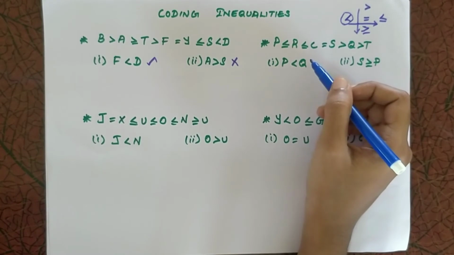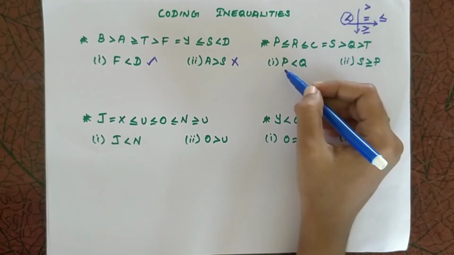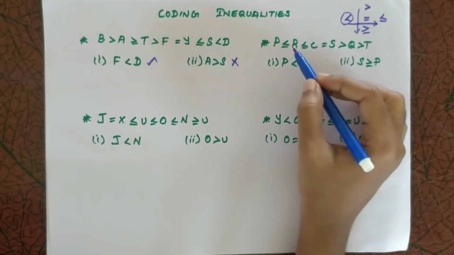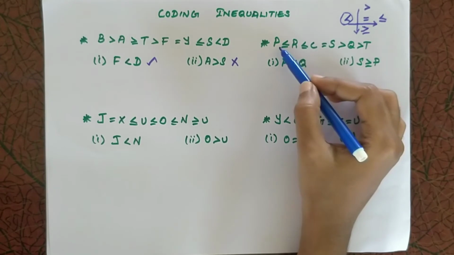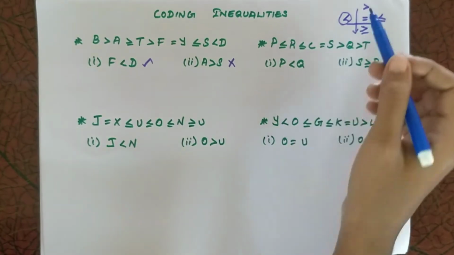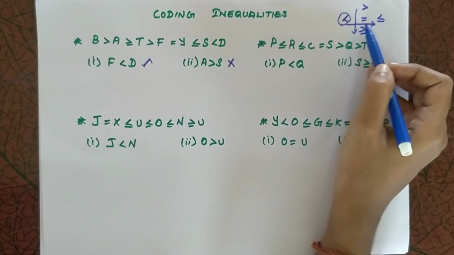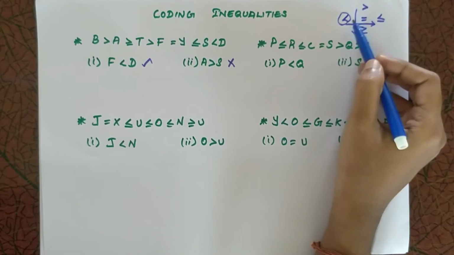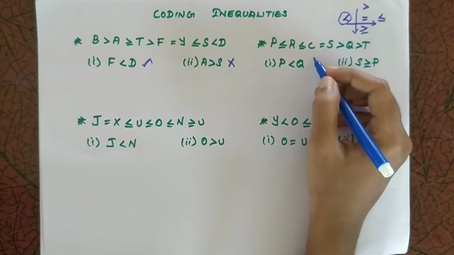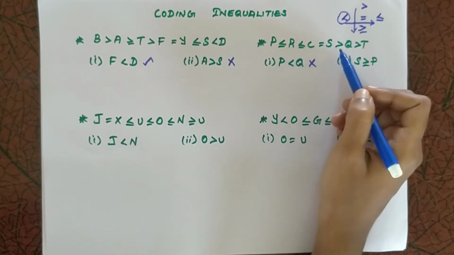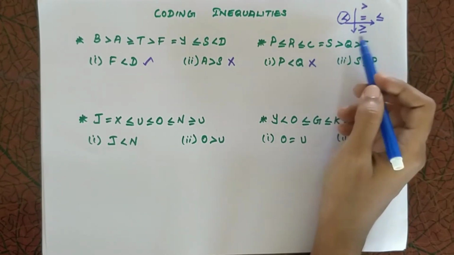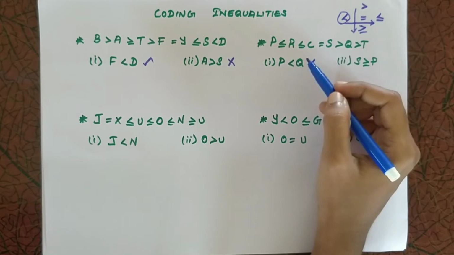Now let's see this example. Here conclusion 1 is P less than Q. So we have to check the comparison symbols in between P and Q. Here less than or equal to and greater than is present. Less than or equal to and equal to are on the same line, but greater than is not on the same line. It comes in the vertical line. So this does not follow. Whenever we see opposite symbols in between the given letters, we can ignore all these rules and directly say this conclusion will never follow.